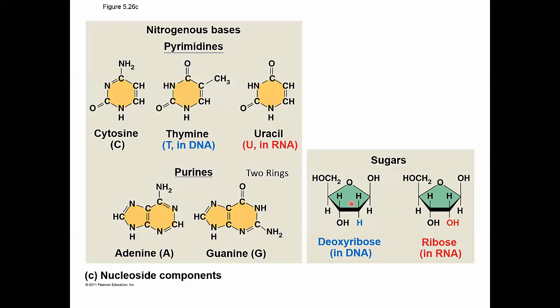The sugars are almost the same in DNA and RNA. In RNA, we have ribose, which, if you look at the second carbon, it's attached to a hydroxyl group right there, right? If you look at DNA, however, it's missing that oxygen. There's just a hydrogen there. So this is ribose, whereas DNA is composed of deoxyribose. So DNA stands for deoxyribose nucleic acid. RNA stands for ribonucleic